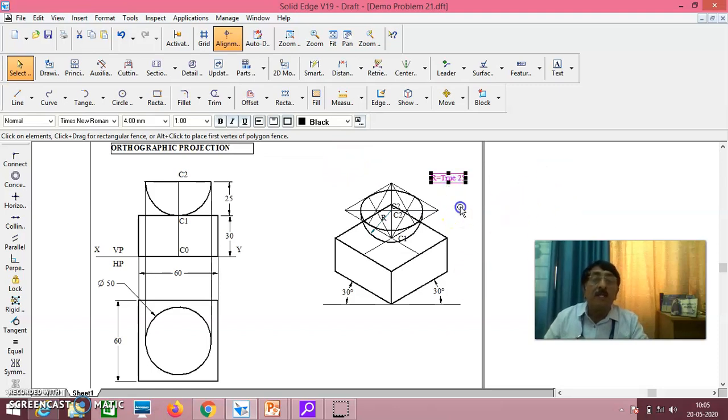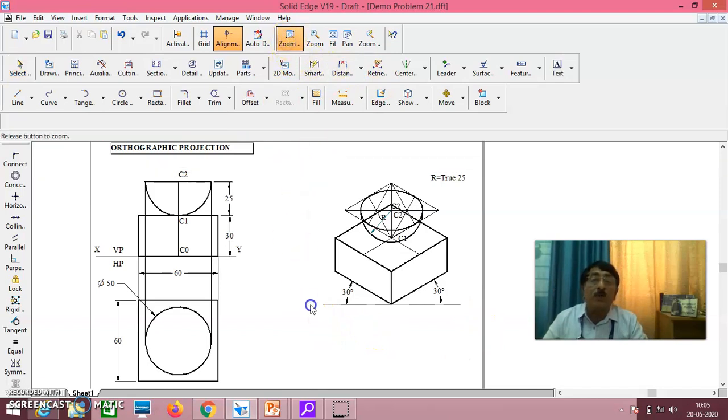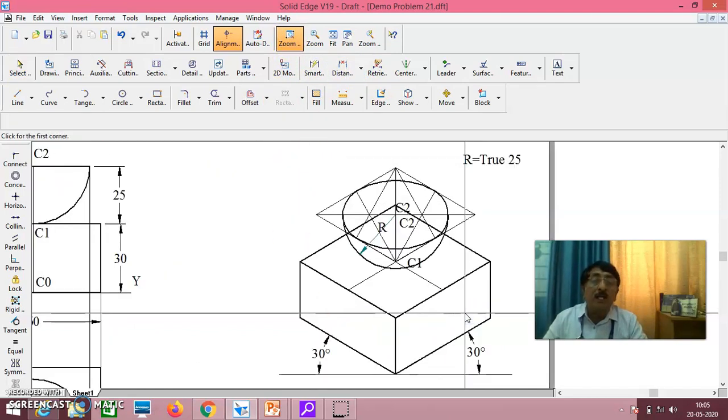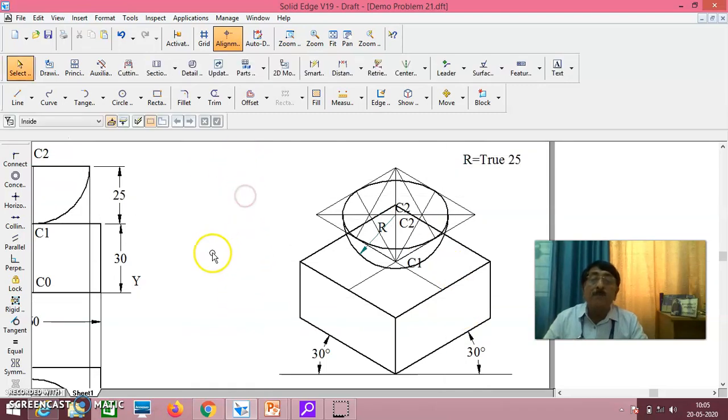Okay, everything is over. The only thing is the visibility part, which I have to concentrate on. For the visibility part, as I told you, always zoom the area, then only you will have a clear idea. See here, once you do this, the visibility is: top solid, top surface first. This anyway has to be darkened, and this curved portion anyway has to be darkened.